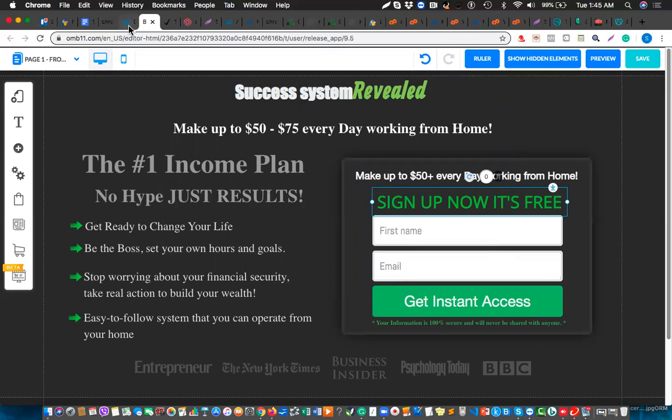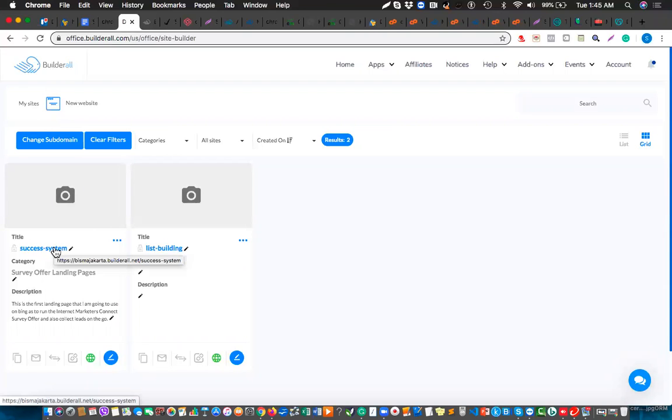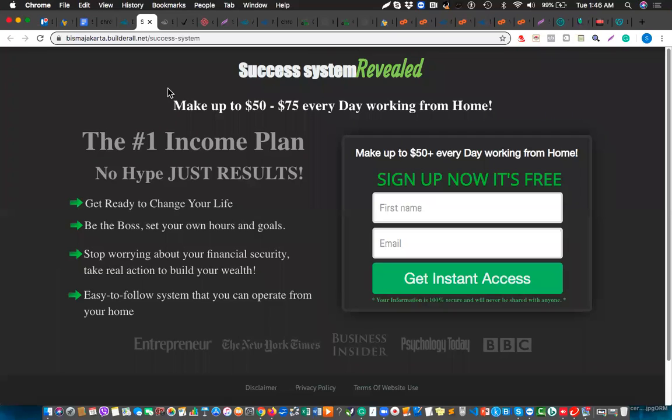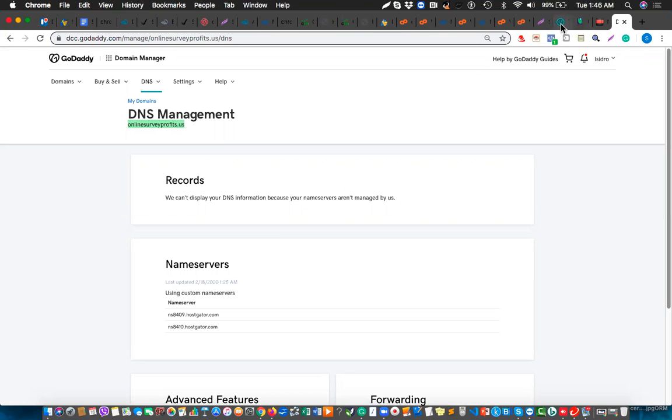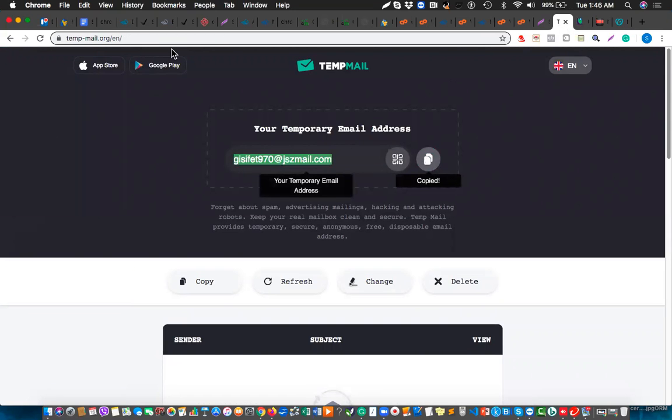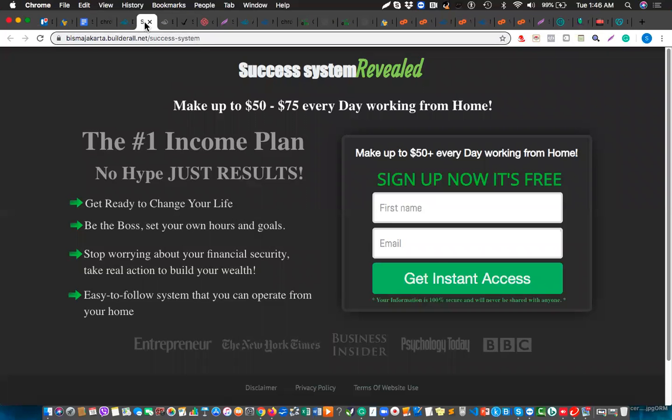Now what I'm going to do is go back here, and I'm going to open this particular link. I'll click here. Now what I'm going to do is open this temporary email, okay? This temporary email, I'm going to copy this email and go back to the landing page, refresh this once. I'm going to put that email here, right? I'm going to put, let's say, Gusto. I'm going to click get instant access. Now, as soon as I click get instant access,